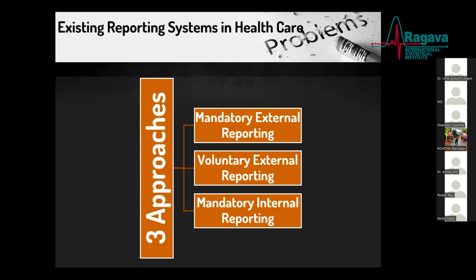The third approach is called mandatory internal reporting. This is what accredited hospitals, like Joint Commission hospitals, or sometimes OSHA, usually require. Organizations must keep data internally according to a standardized format and make the data available even during on-site inspections. And Joint Commission International standards also require hospitals to use incident reporting systems for performance improvement purposes.